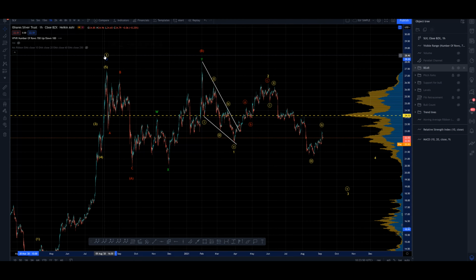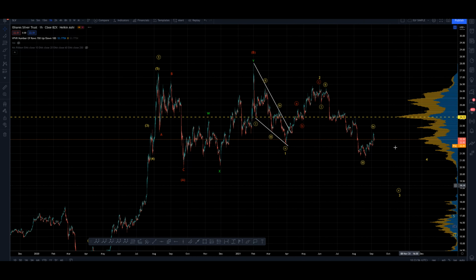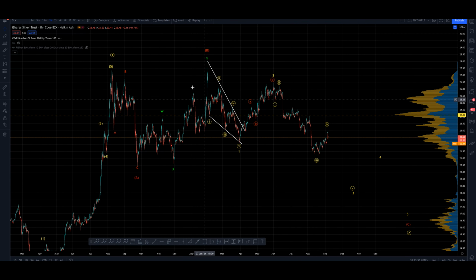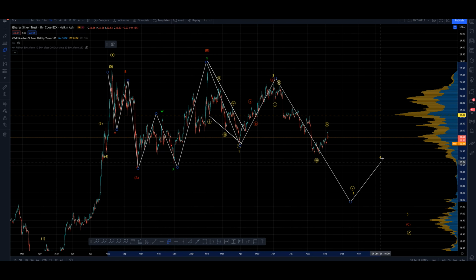We still came up into a 1 back here in August 2020, at the same time the gold market topped in our proposed wave 3, but we're not done yet. The idea is that this is an expanding flat. We had a 3 wave move down into an A, a 3 wave move up into an expansive B going beyond where the A began, and now we're going to see a big 5 wave move down. Okay, and this will be an A into a B into a 5 wave move down into a C.